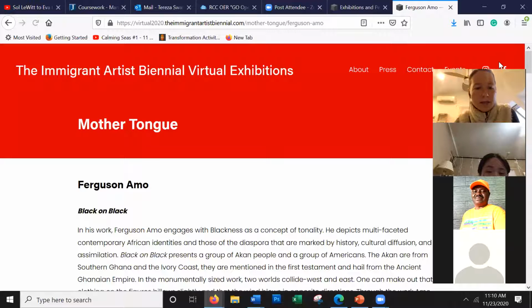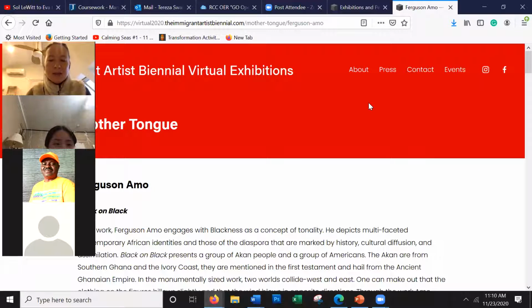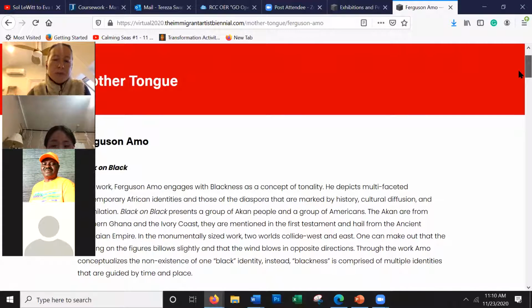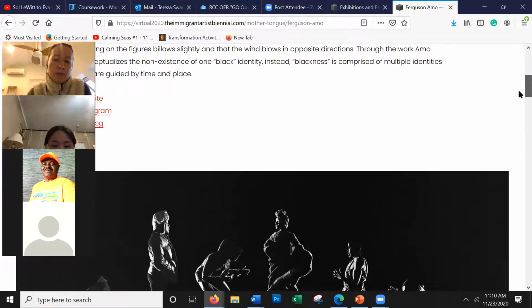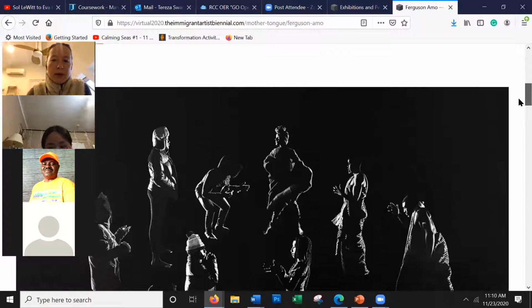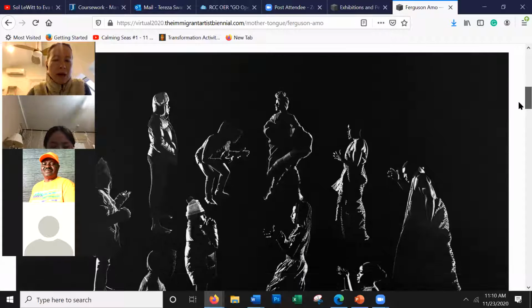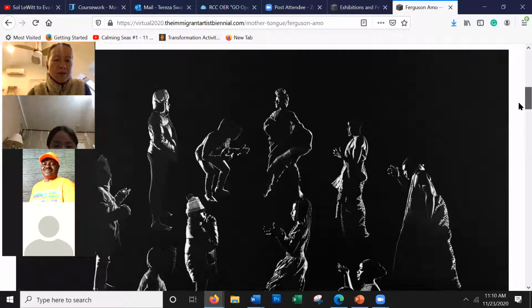His whole series of work is black marker on watercolor paper. There are these amazing depictions of people from Ghana, from the Ghanaian Empire, as well as people from America. So you have this East meets West, and the idea of a black identity and what that means. But understand, these are not photographs. The background is drawn, the figures are drawn with a small highlight to see where the light is